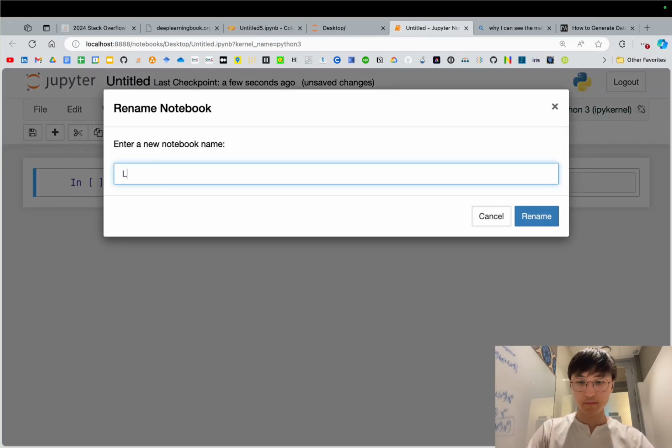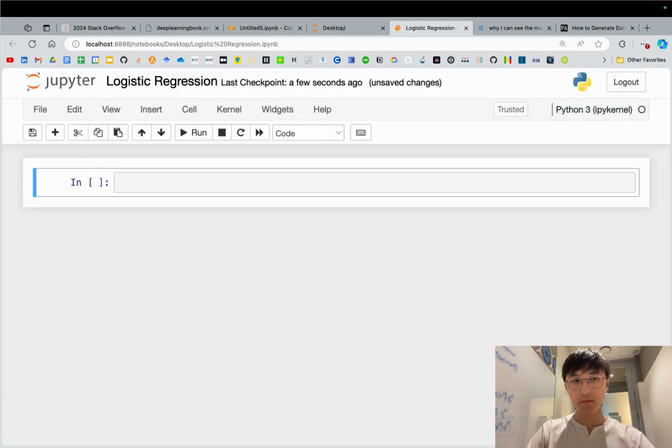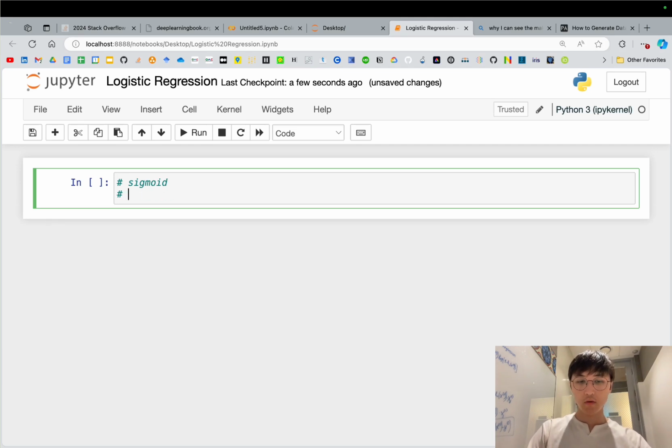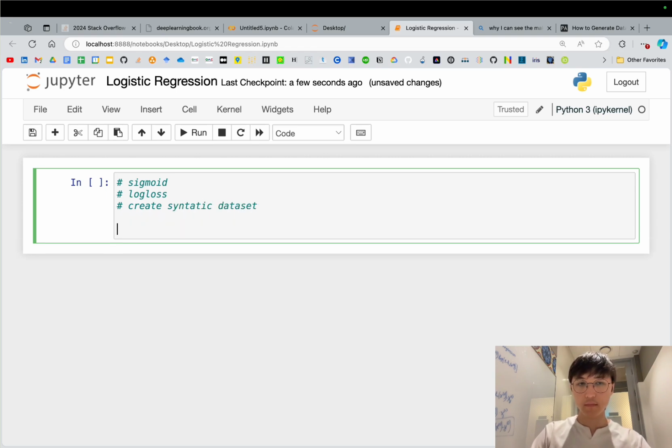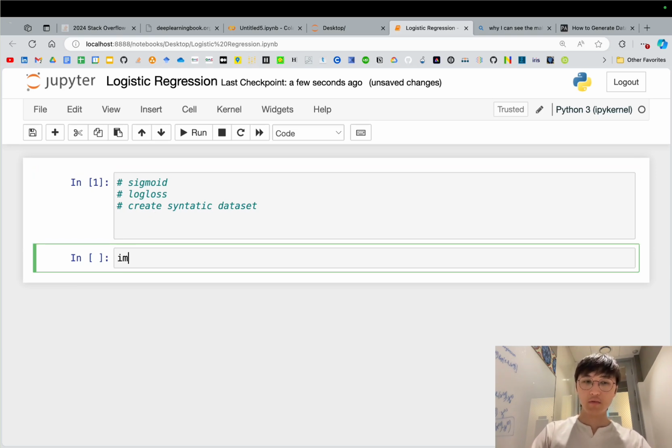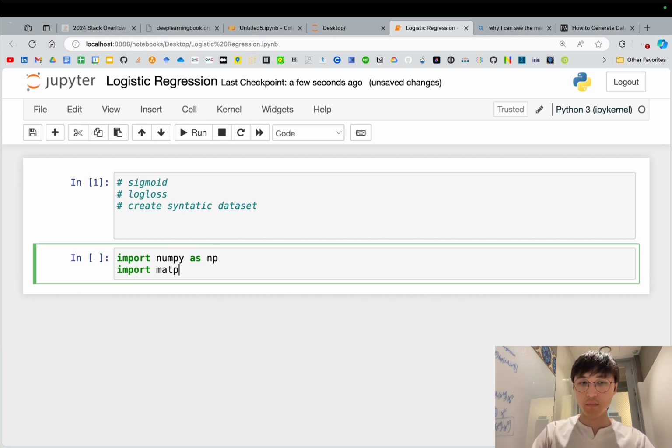I will create a new Python logistic regression file. Here we need to care about sigmoid and about log loss. First of all, we need to create a synthetic dataset. In order to do that, we need our old friend numpy as np, and I will use matplotlib pyplot as plt, and